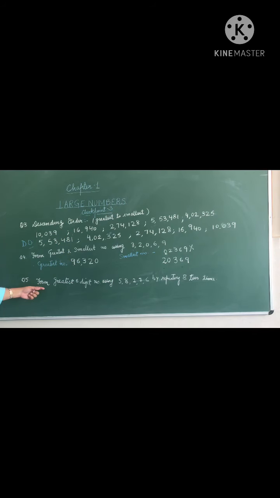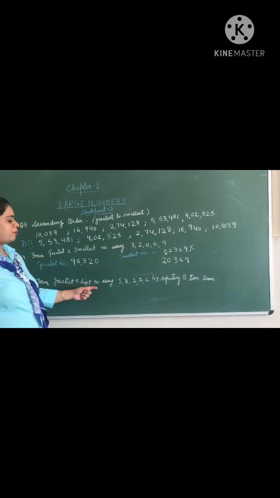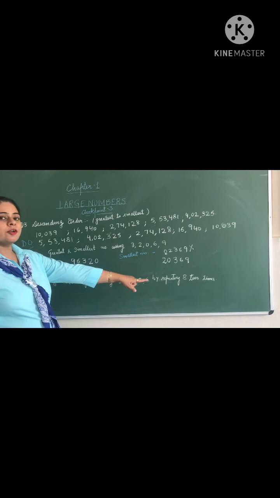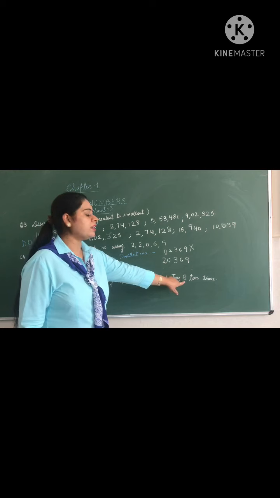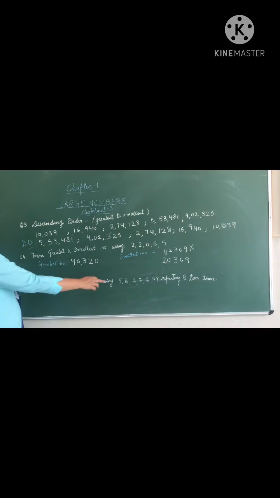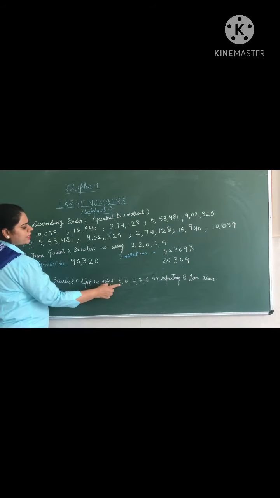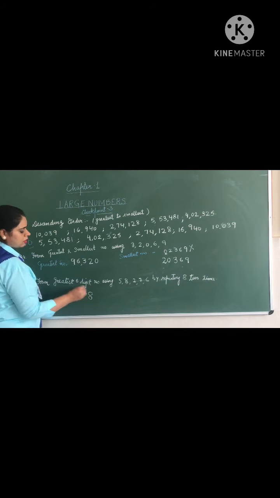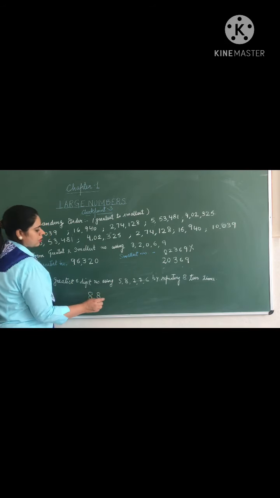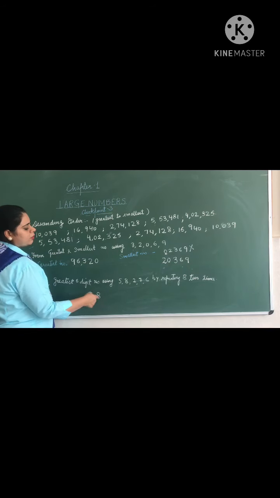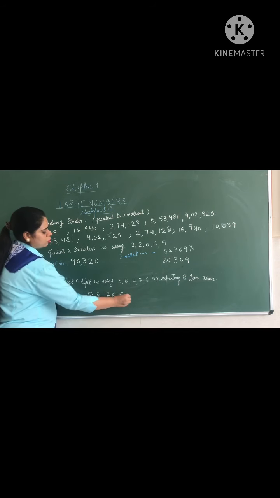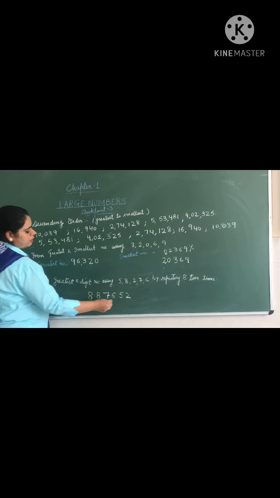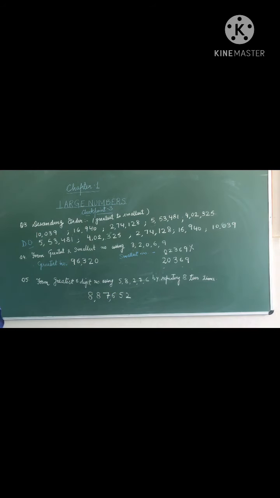Last question of this checkpoint is form the greatest 6-digit number using these digits by repeating 8 2 times. आपको बोला हुआ है इससे greatest 6-digit number लिखना है and you have to repeat 8 2 times. So what is the greatest number here? Greatest digit among all these 8. But आपको 8 को कितने टाइम्स रिपीट करना है? 2 टाइम्स. So 8, 8. After 8, which is the smallest? 7. Then 6. Then 5, 2. So this is the greatest 6-digit number. 8,87,650.